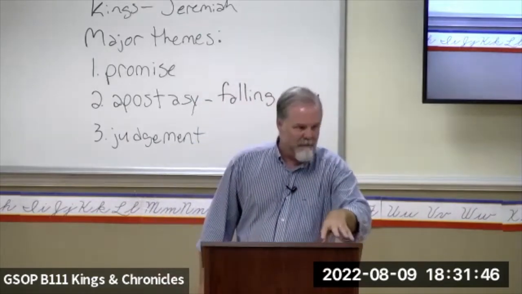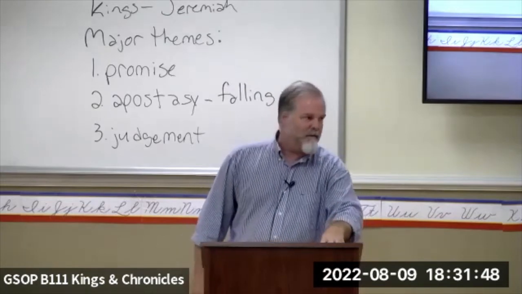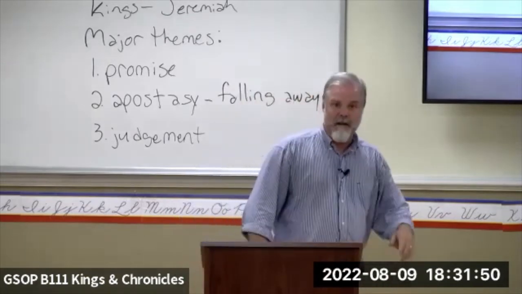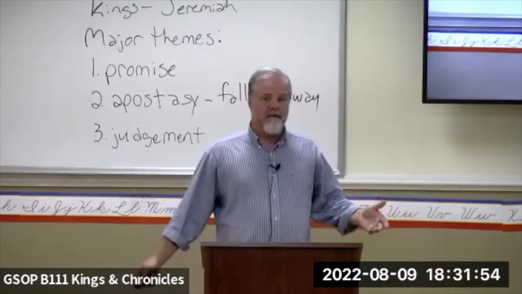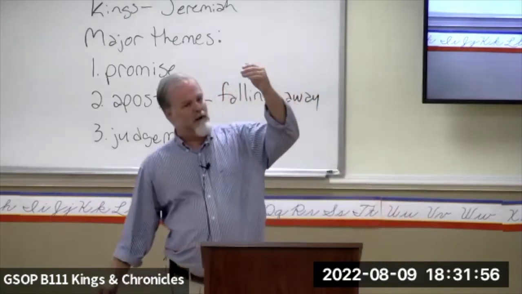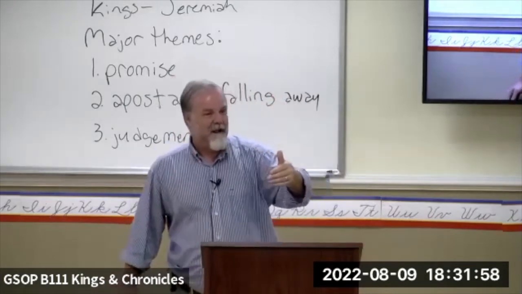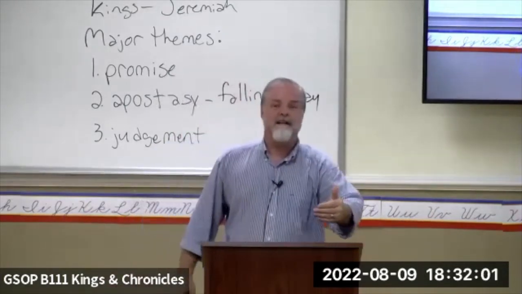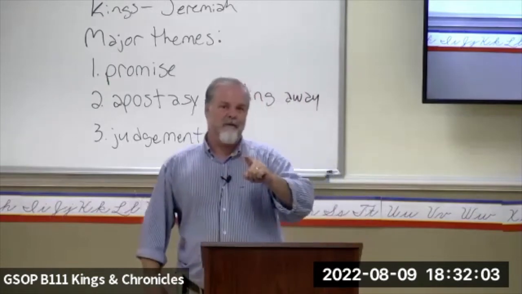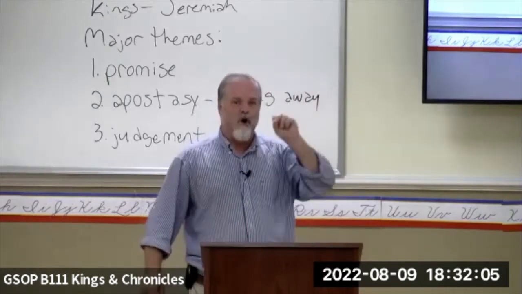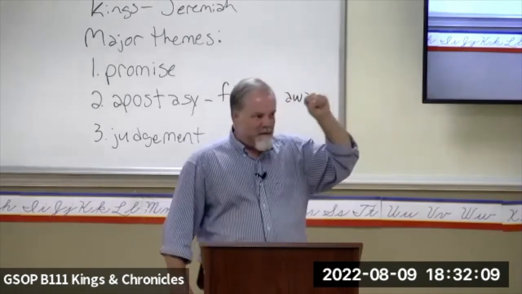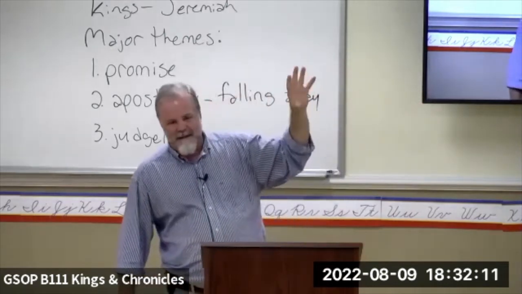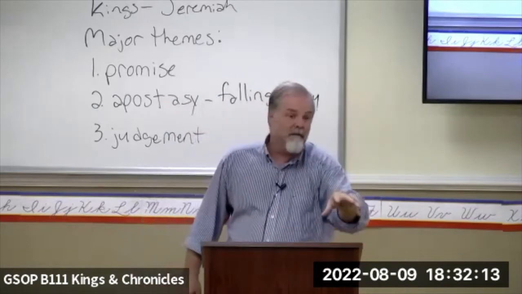Because remember, who wanted kings? Did God want the people to have a king? He did. But who was supposed to be their king? God was supposed to be their king. But they said, no, we want a king like who? The nations. We want a king like the nations. See, right off the bat, we've got a problem. They already want to be like the people that they drove out of the land. God didn't want it. He didn't like it one bit, but he says, I'm going to give them what they want.